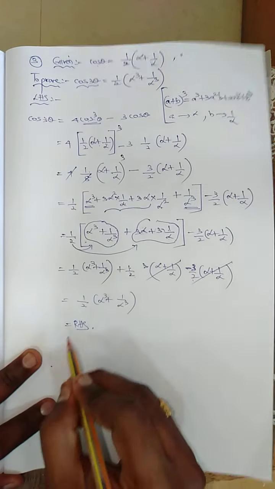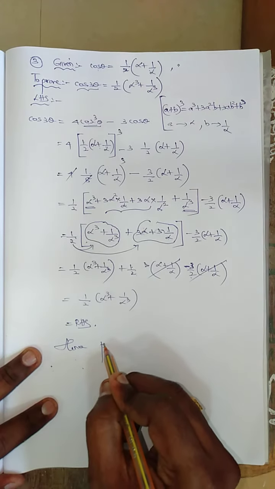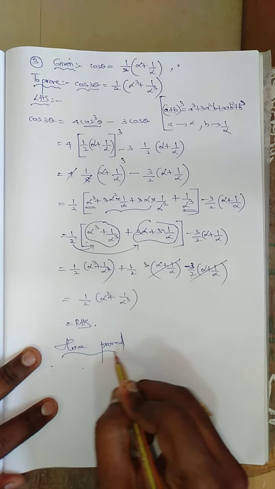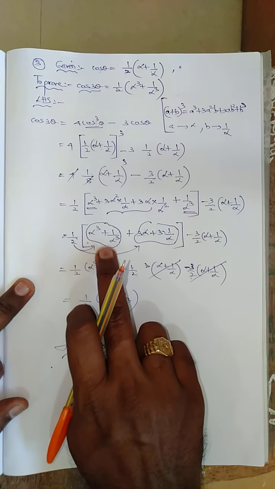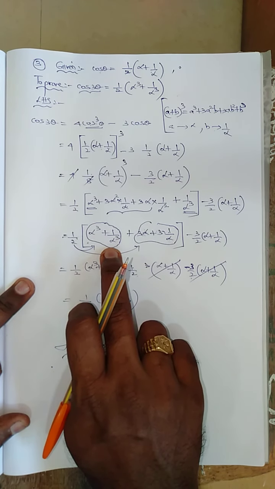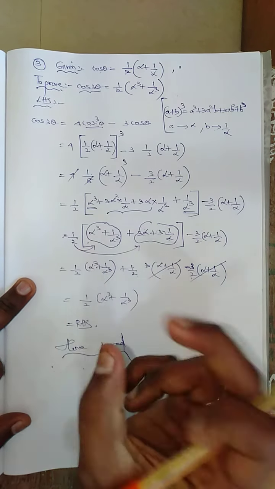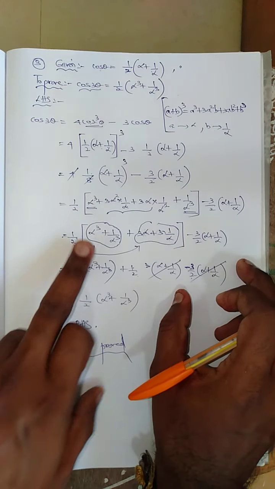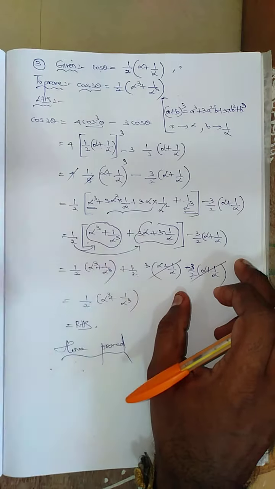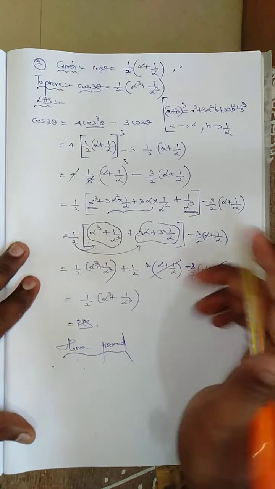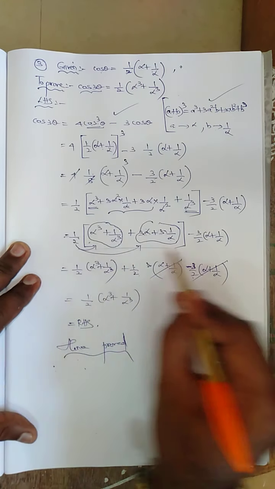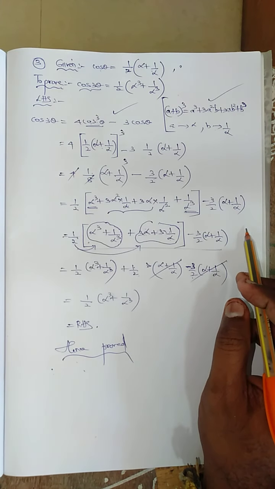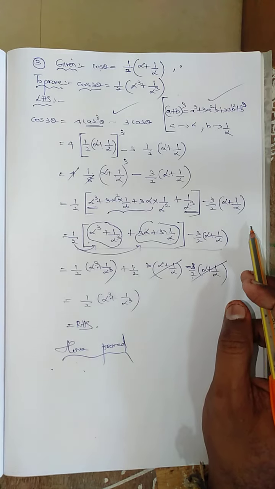But we want to know 2 formulas. We need to know 2 formulas and some technique to solve this sum, because taking this step is very important. If we take this sum and divide the terms correctly, then you can do the sum very easily. This is the first formula we need. This is the second formula we need. This is a technique we need. That's all. By knowing these 3, you can solve this sum. Thank you.